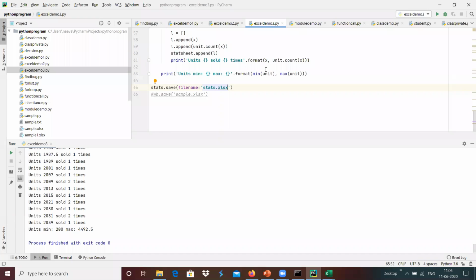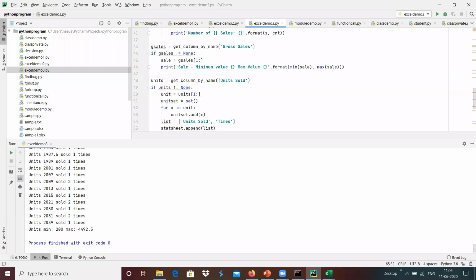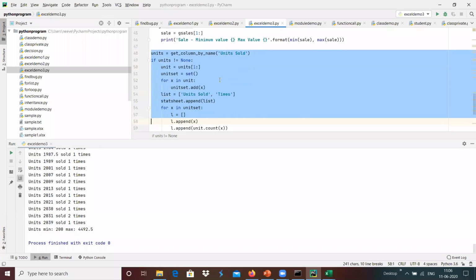For example, instead of units sold, I'm going to copy this completely.